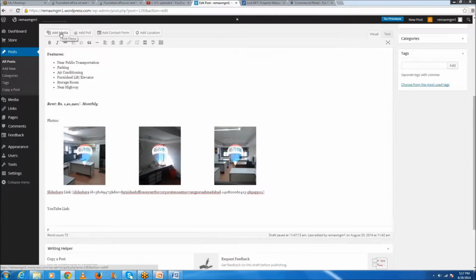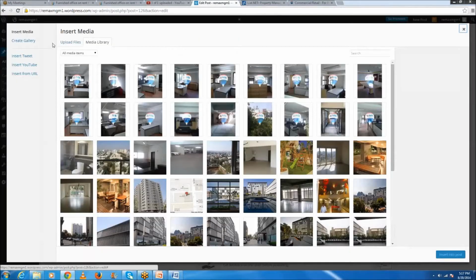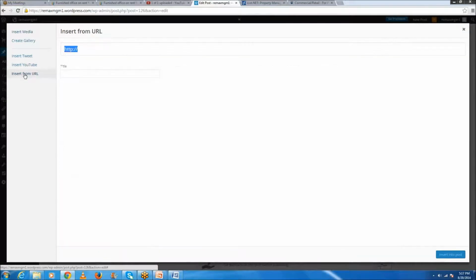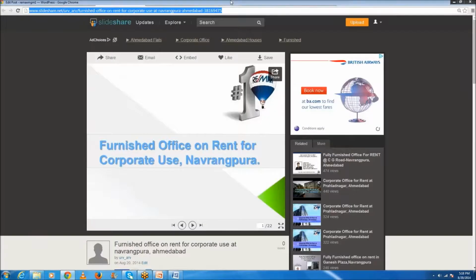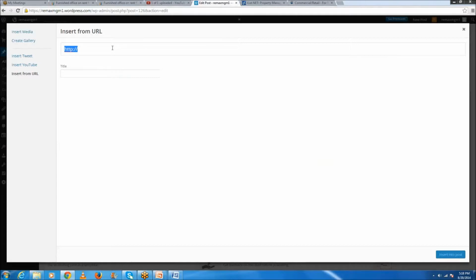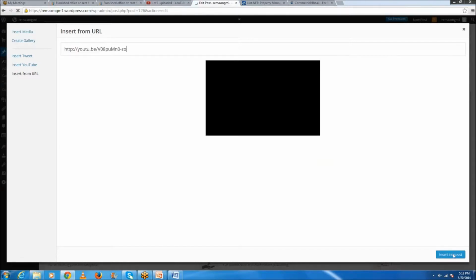We'll click on add media here. Insert from URL. You will copy this URL and you will paste it here and then insert into post.